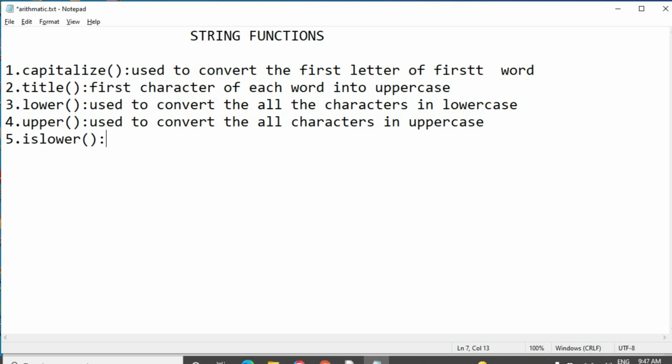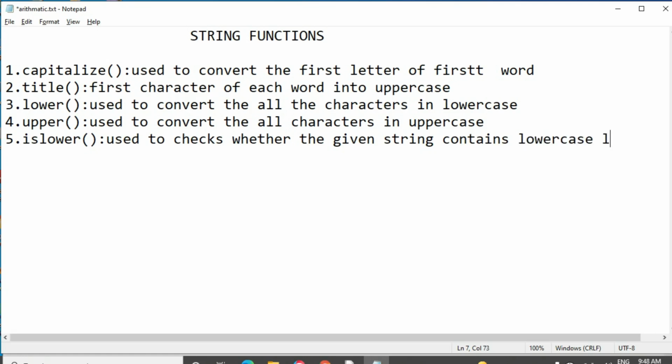It checks whether the given string contains lowercase letters or not.